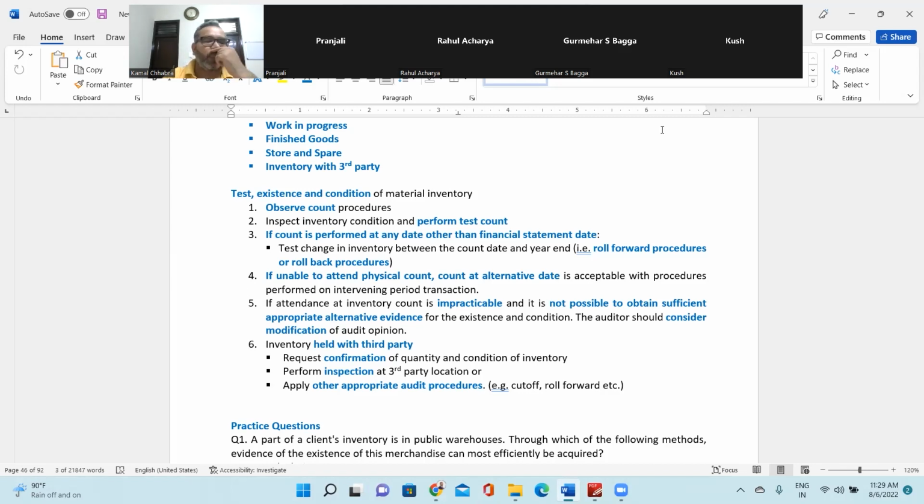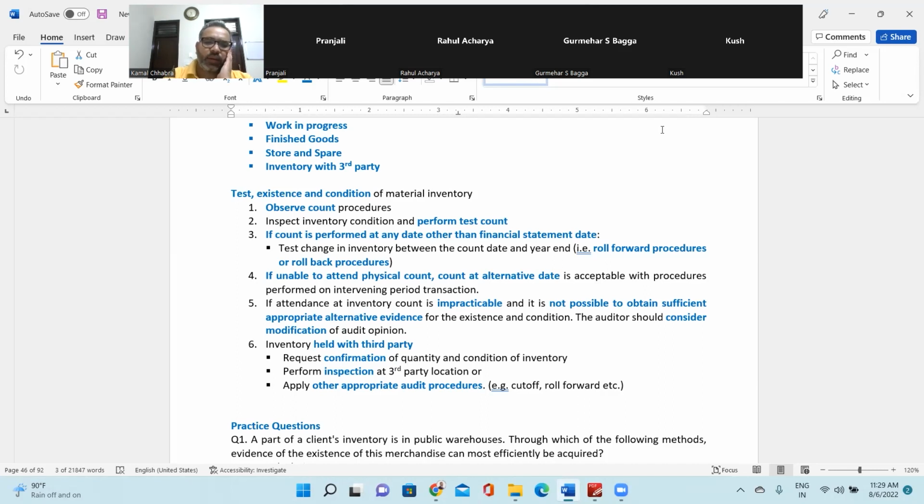For example, you have a major job worker to whom the company outsources all raw material to do the first level of processing, and then after that management takes it in for the subsequent WIP. In that scenario, you can perform the inventory count at the job worker location as well.